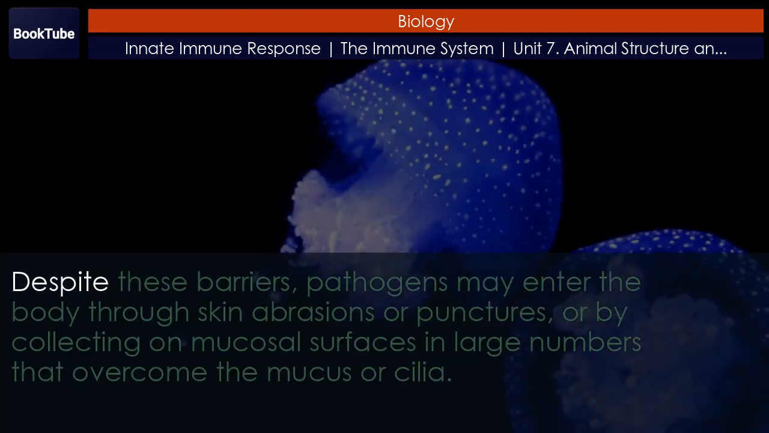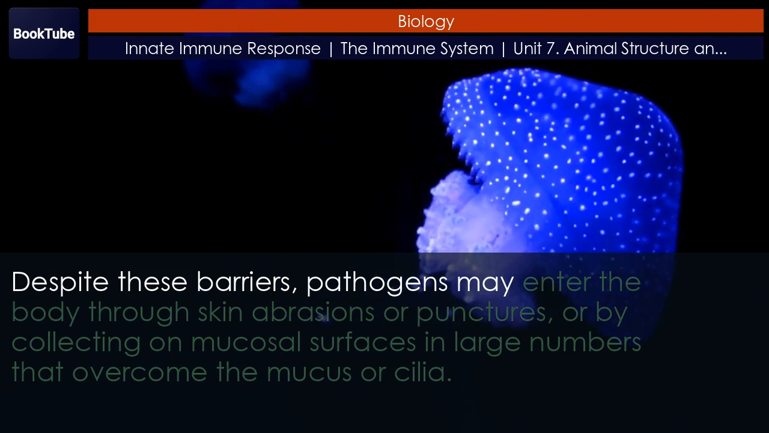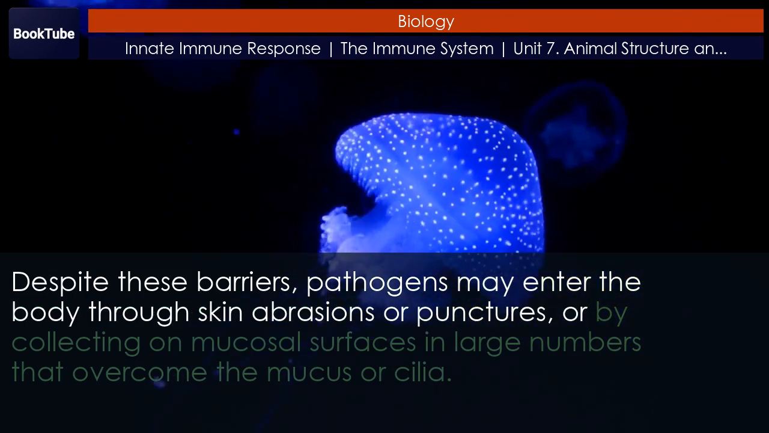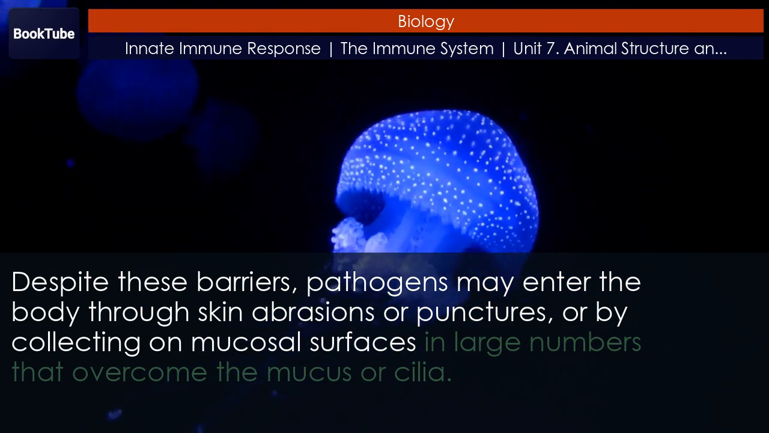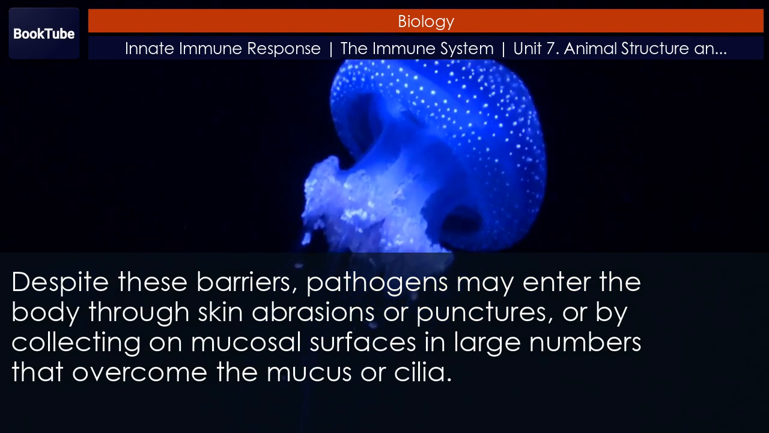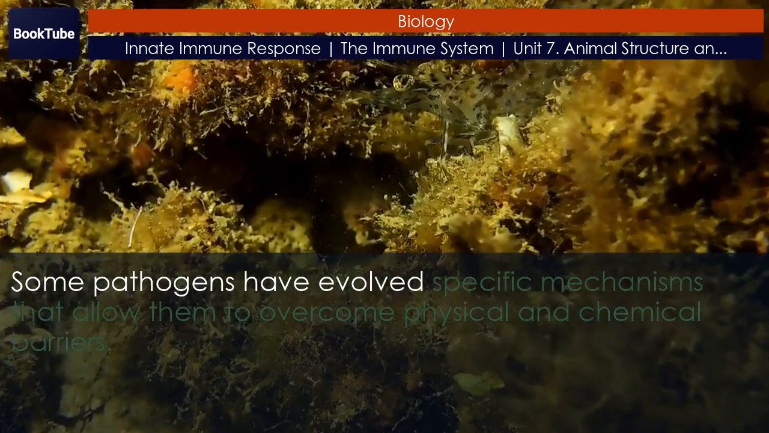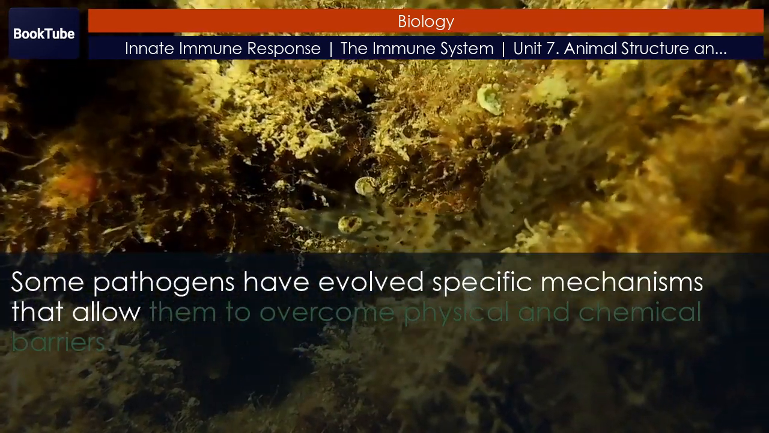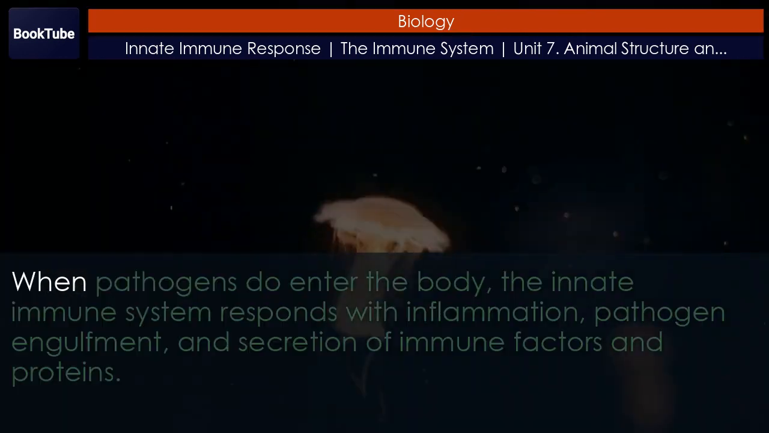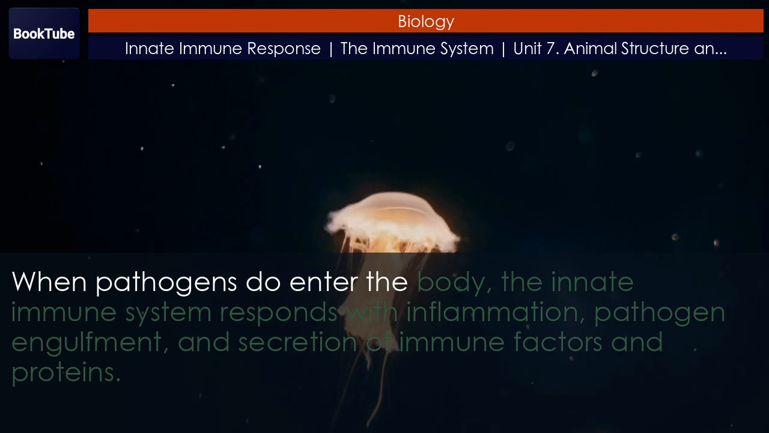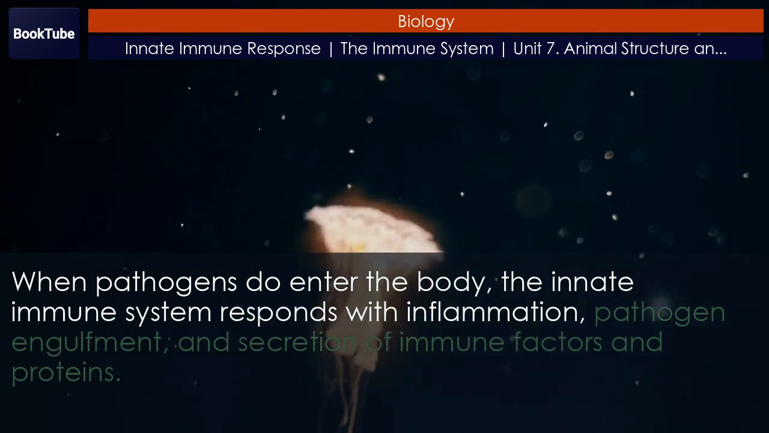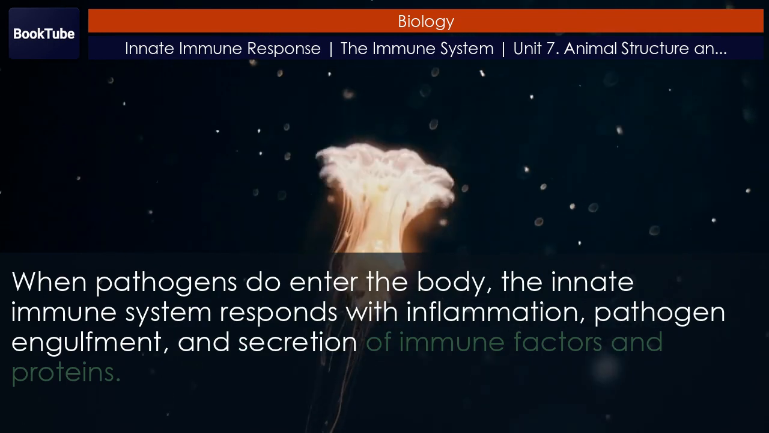tract. Despite these barriers, pathogens may enter the body through skin abrasions or punctures, or by collecting on mucosal surfaces in large numbers that overcome the mucus or cilia. Some pathogens have evolved specific mechanisms that allow them to overcome physical and chemical barriers. When pathogens do enter the body, the innate immune system responds with inflammation, pathogen engulfment, and secretion of immune factors